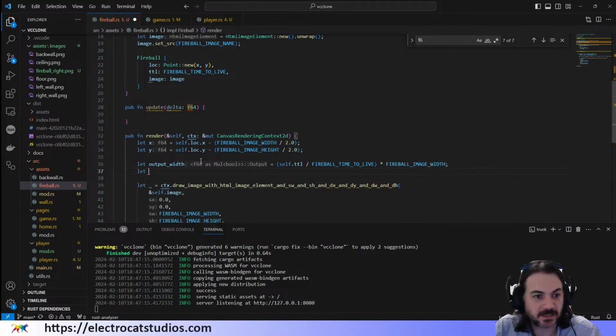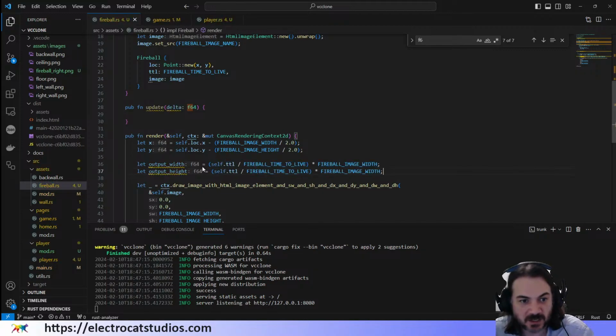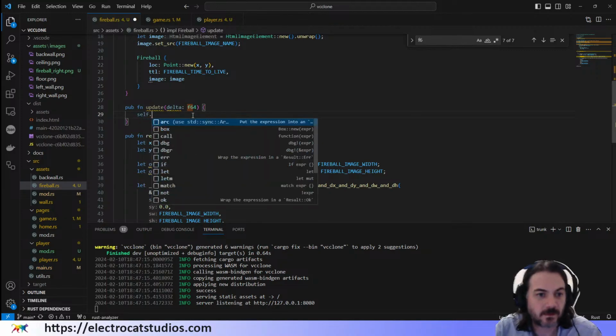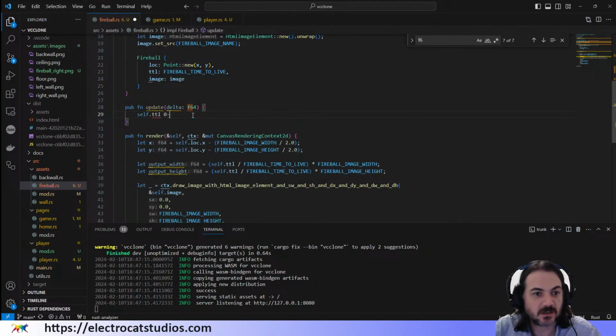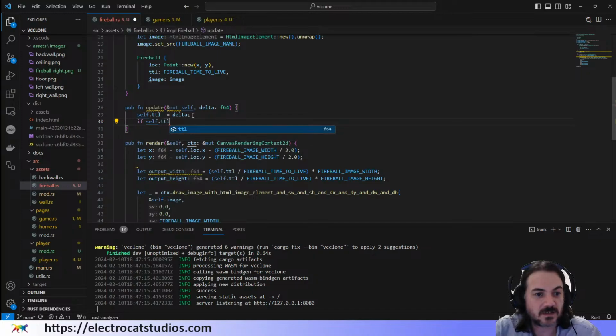Sorry, brain not working today. Let output height equal, actually I'll just, got this plugin which tells you the types, but it keeps moving everything around, which is frustrating. Okay, self.ttl, oh yeah, forgot to add in the reference to self. So self.ttl minus equals delta, if self.ttl is less than or equal to